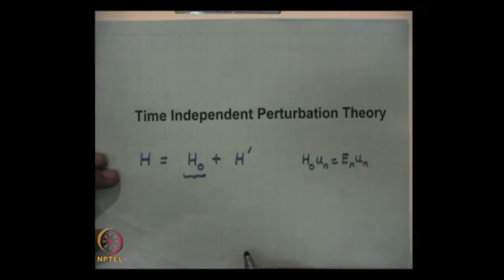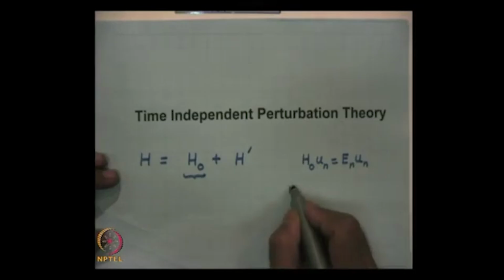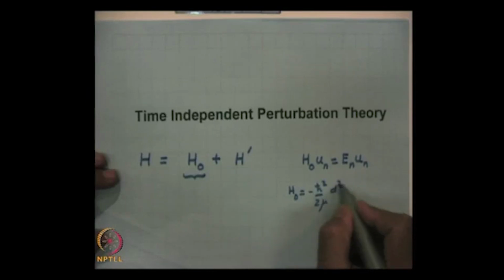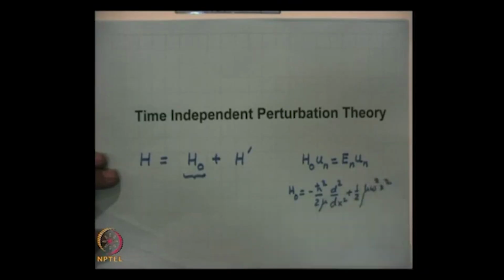For example, H naught may be the harmonic oscillator problem, like minus h cross square by 2 mu d2 by dx square plus half mu omega square x square, of which we know the solutions. So, what are E n and u n? The E n is equal to n plus half h cross omega, and u n are the normalized Hermite Gauss functions,